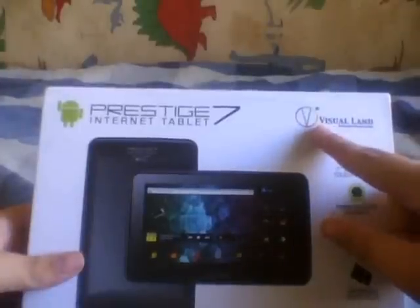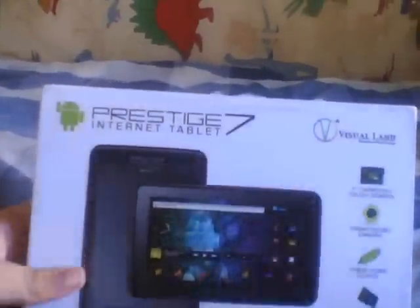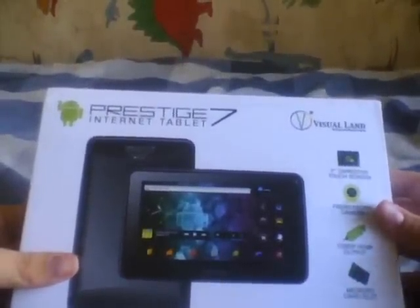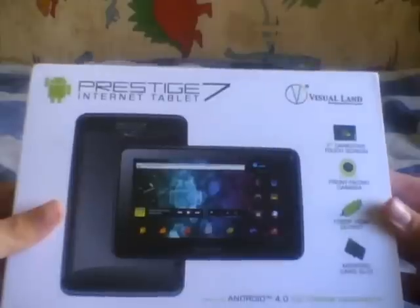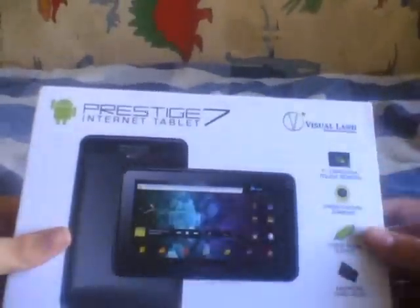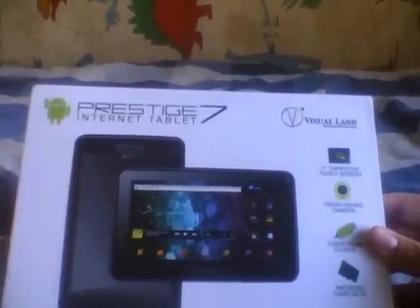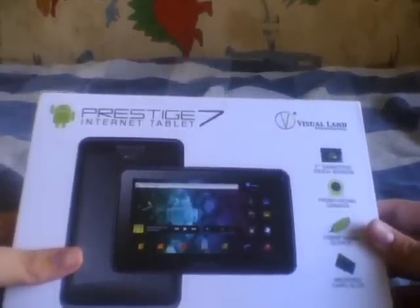it reminds me of the old Volkswagen sign. Also restricted, so I guess something went up there because Volkswagen isn't suing their ass, but, yes, the box is actually quite explanatory. It's got a 7-inch capacitive touchscreen, front-facing camera, 1080p HDMI output, and a micro SD card slot. All of those are actually on there, I swear, even though this is like a Chinese knockoff or something. I don't actually know where it comes from. Very descriptive box front that's actually, again, quite accurate, so...